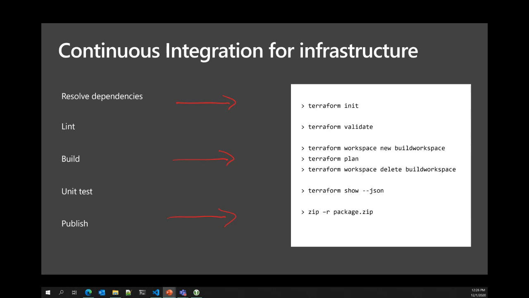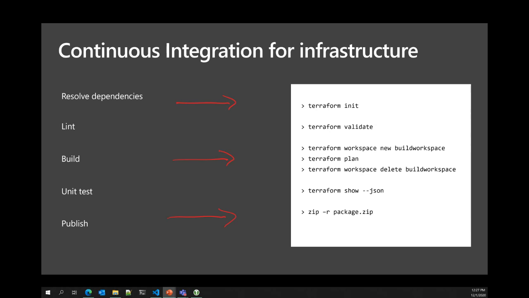Okay, so we have a plan. The next thing is, and this is a really interesting and kind of groundbreaking concept, what else can we do with this sort of empty plan that we produce? In the application world, one of the things that we do after we build the application is validate any assumptions that we may have made when we were designing the application through a concept of unit testing. And unit testing is basically this idea that if I take a set of known inputs and run that through my application, because I know how the code works, I should also be able to define what the outputs are going to be.